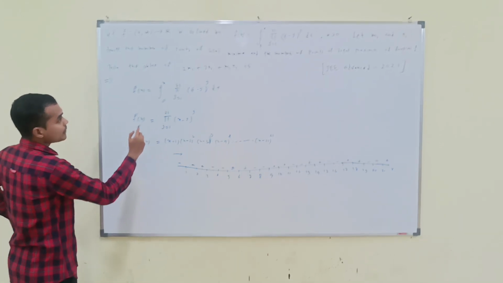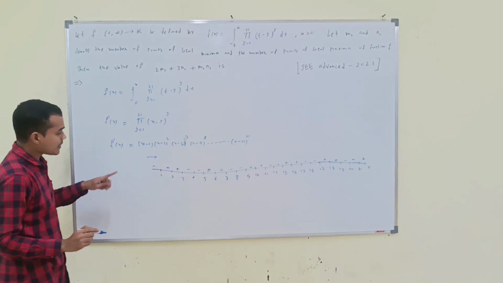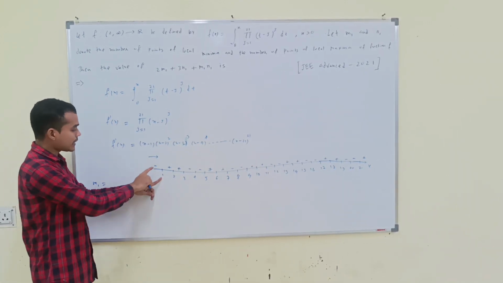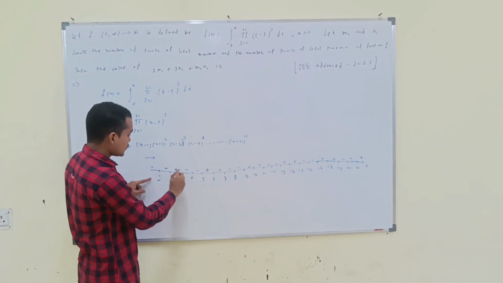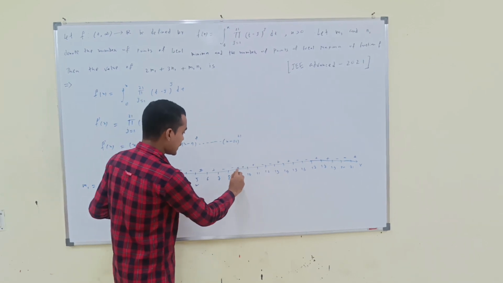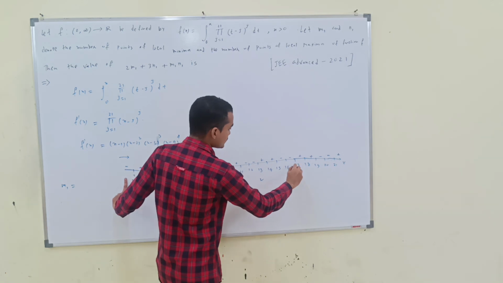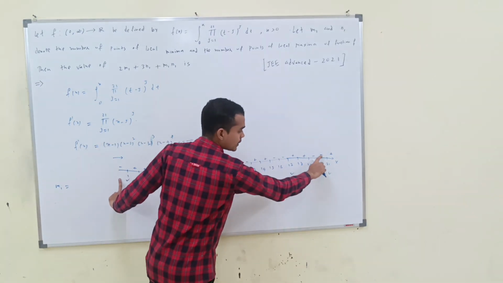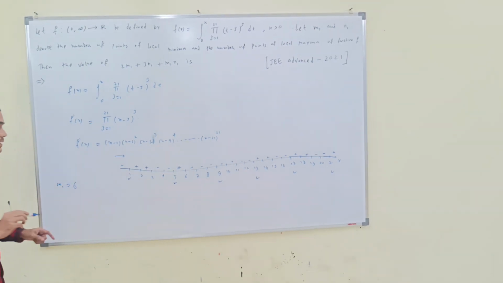So here we are talking about the local minima and local maxima. First find the local minimum points, denoted here as m1. First mark the local minimum points. How many points? We focus only where the sign changes from negative to positive. So point 1, negative to positive, then 5, 9, and so on, and 21 also changes from negative to positive. So here the total number of local minimum points is 6.